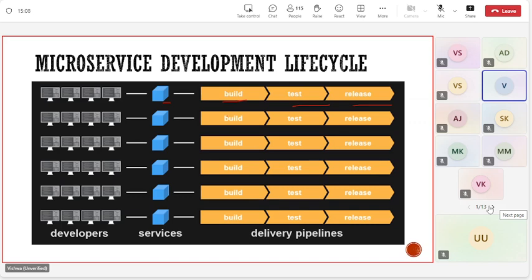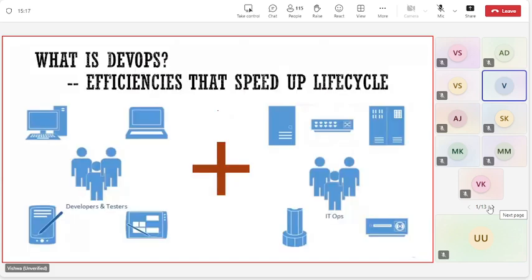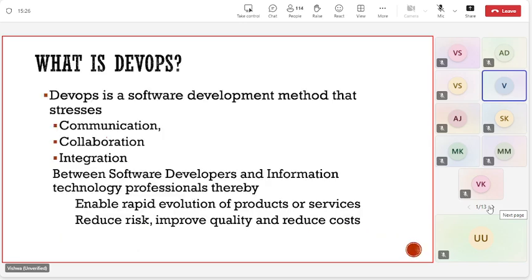So first, I'm just trying to generically map the DevOps, and then we will map it to the AWS cloud, right? So what is DevOps? DevOps is basically developer plus IT ops. I repeat, DevOps is developer plus IT ops. So what is the problem which the DevOps is trying to solve? Communication, collaboration, and integration, right? CCI, right?